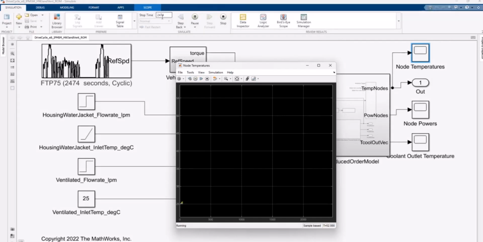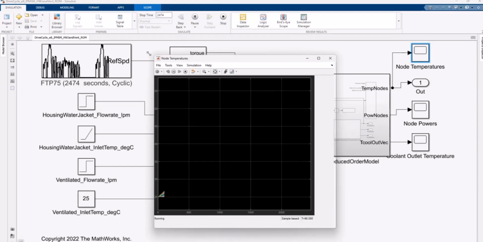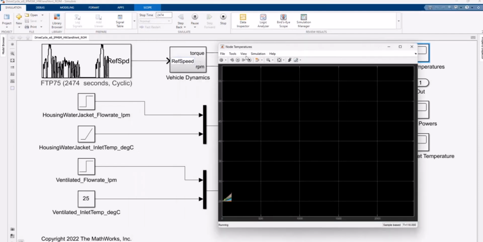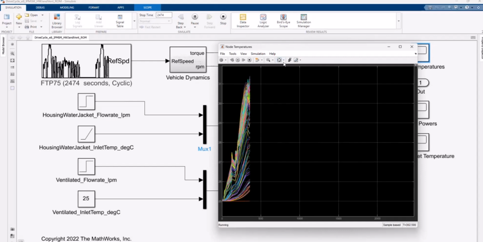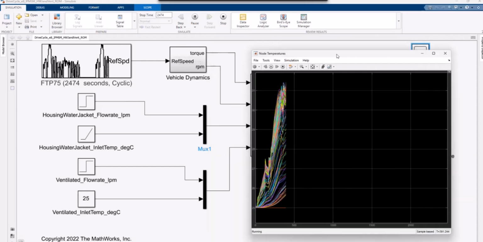So here we're running a 2000-second simulation. And since we have now more dynamically changing inputs, the model takes a bit longer to run, but it's still significantly faster than real time. So you can see how we've already simulated 260 seconds in the time it took me to say this sentence. So it's still useful at this rate.